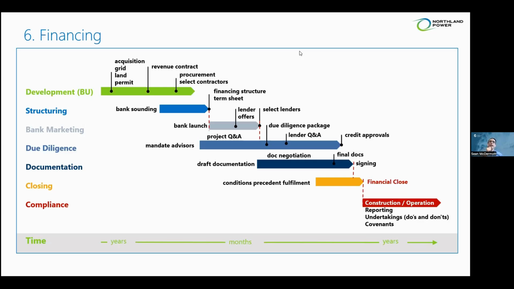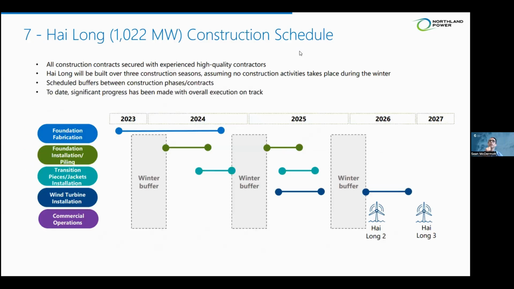Our Hai Long project had over 20 lenders putting anywhere from, I might get this wrong, but somewhere in the range of 150 to 300 million Canadian each. It was a $9 billion financing. So there's a lot of debt in that, 9 billion Canadian, and each of the lenders wants to ensure that they understand what they're lending into, and that they're protected if the project doesn't go to schedule.